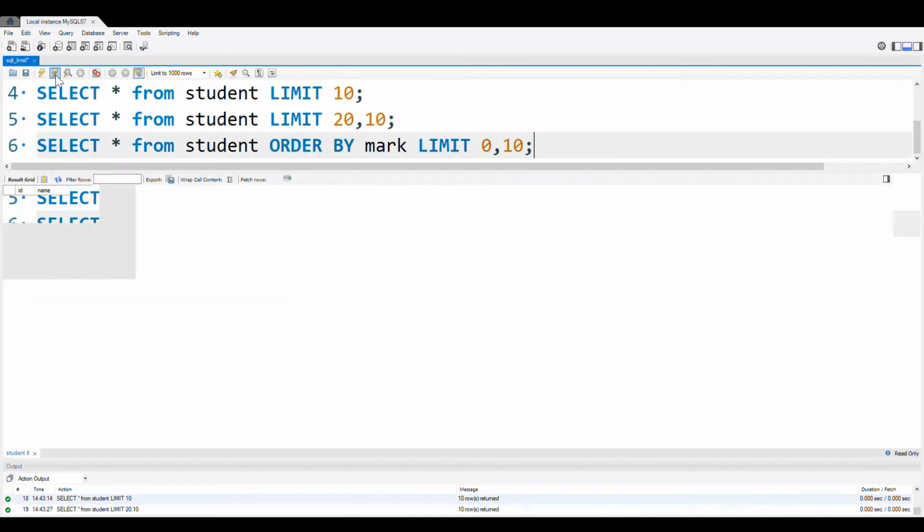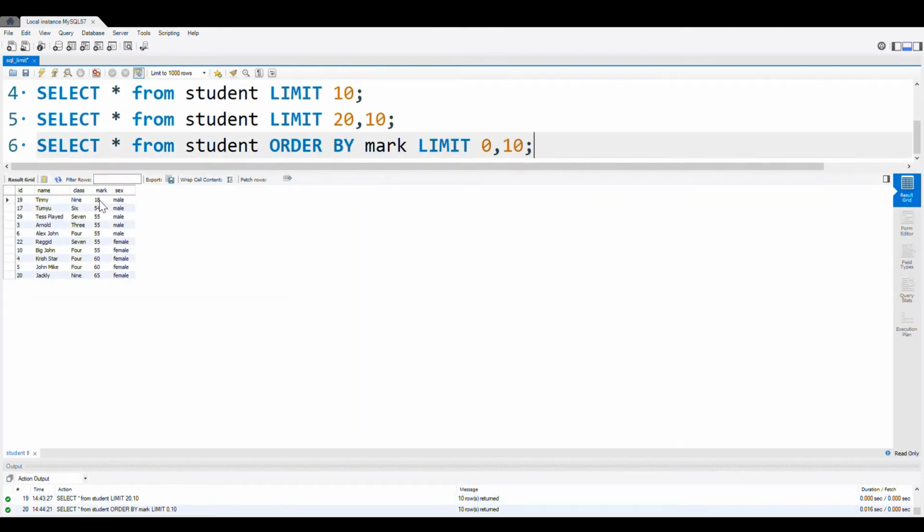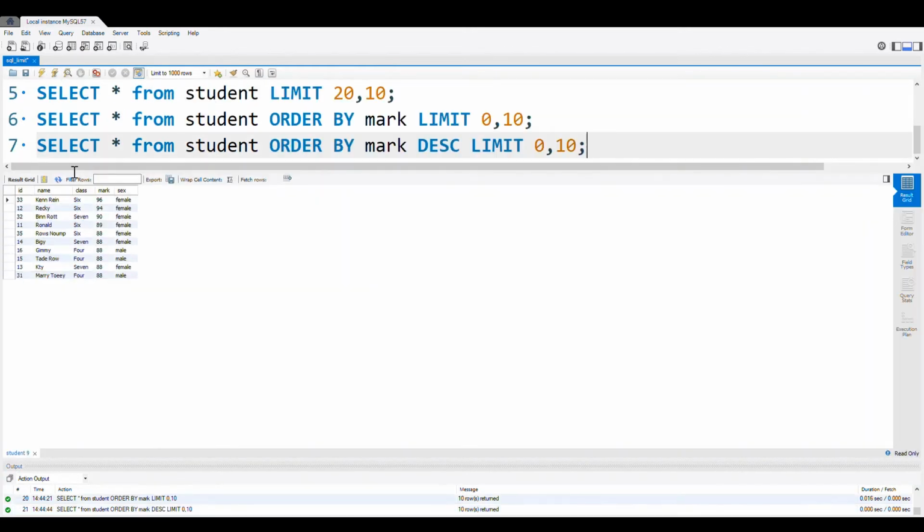You can see, yes, the mark column is ordered in this way, but it is in increasing order. Say we don't want increasing, we want decreasing order. So what will we do? We will add DESC here. Now the mark column will be in decreasing order. Let us execute this. Yes, so highest is 96, 94, 90, it has come down. So we are limiting our number of records to only 10 records starting from 0.